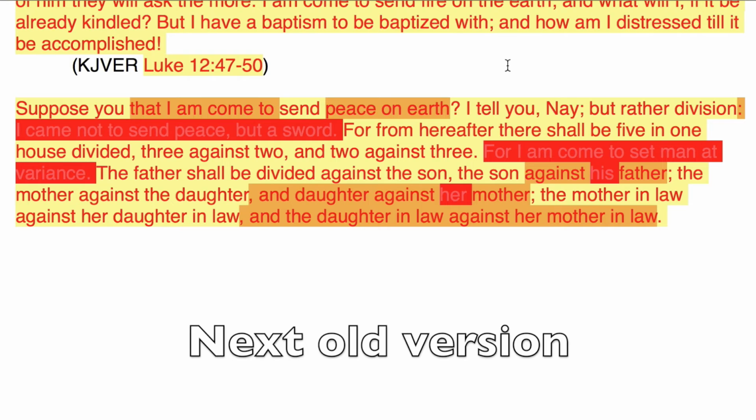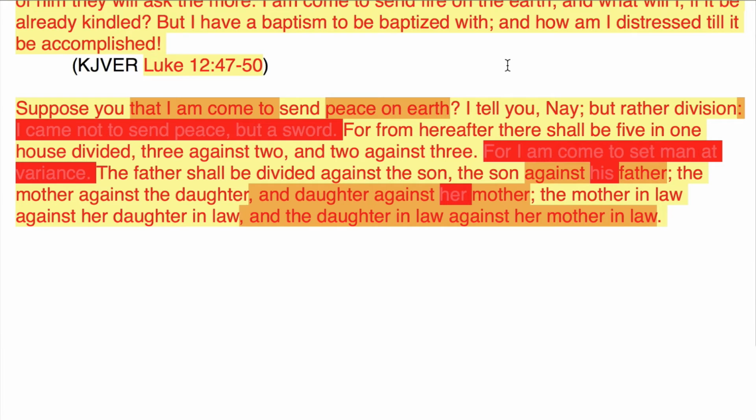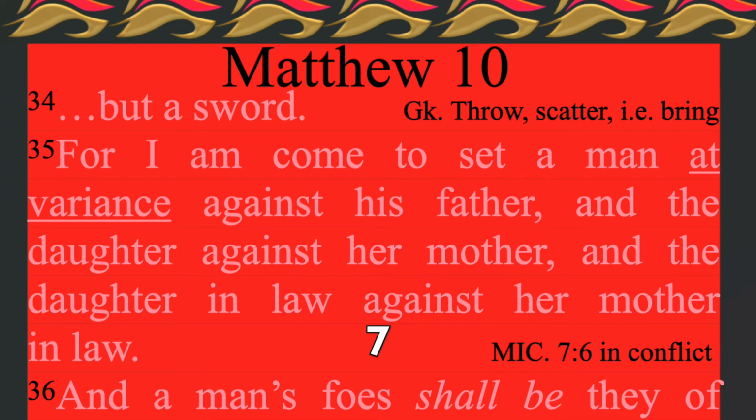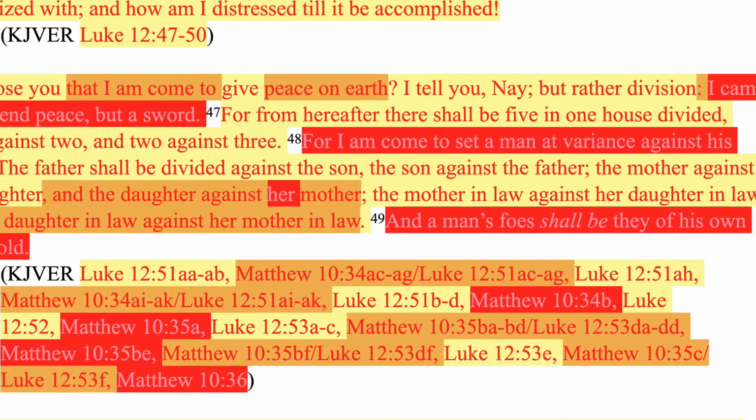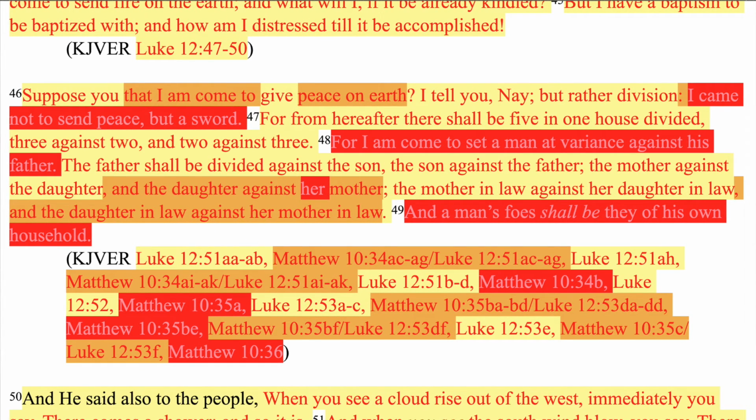So now it reads, for I am come to set man at variance. The Father shall be divided against the Son against his father, the mother against the daughter, and daughter against her mother, mother-in-law against her daughter-in-law, and daughter-in-law against her mother-in-law. Or maybe I should just leave that first statement as it is. For I am come to set a man at variance against his father. Then repeat it from Luke. The Father shall be divided against the Son, and the Son against his Father. Yeah, I think